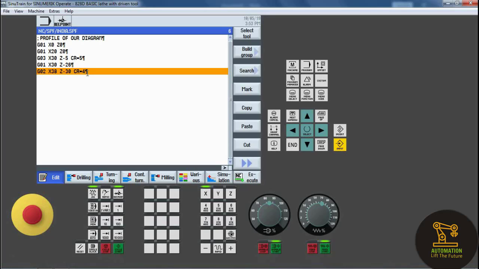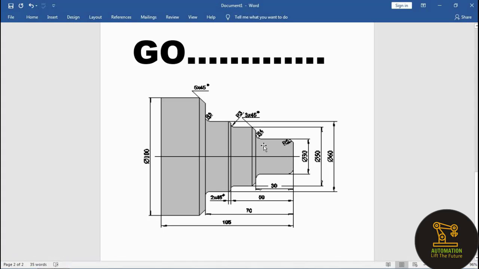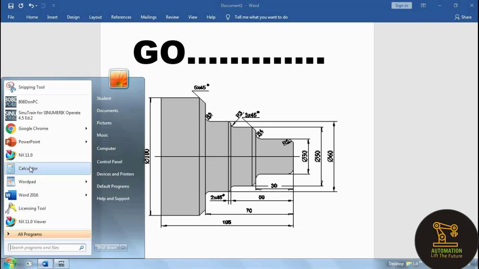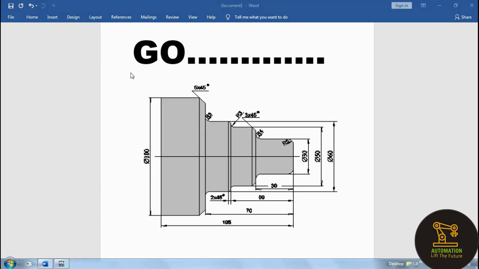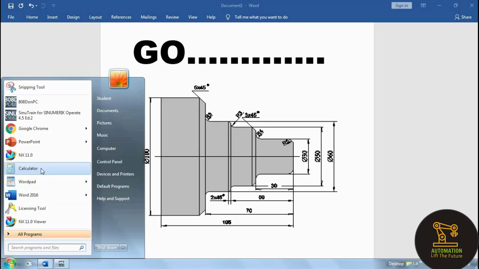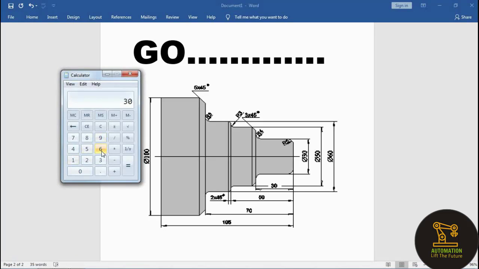So the next point is linear motion, and that linear motion is calculated with the help of a calculator. We can check on the calculator whether it has a linear distance or not. It will be calculated. It takes some time.